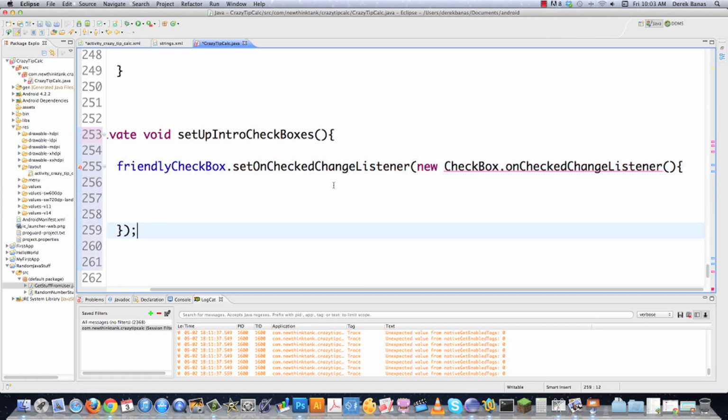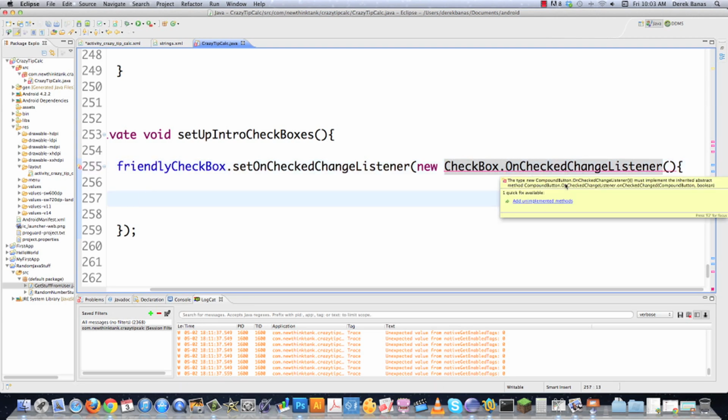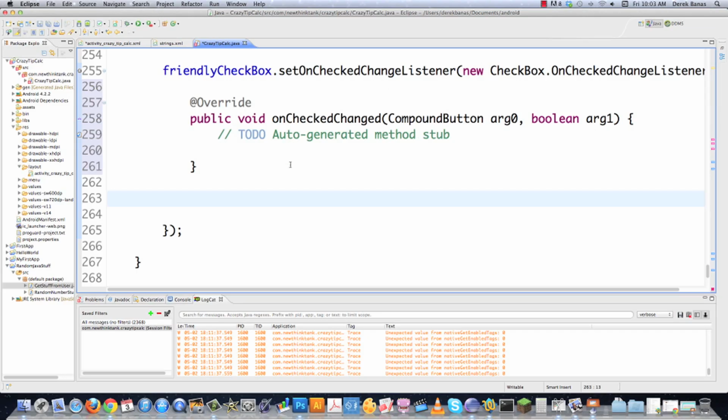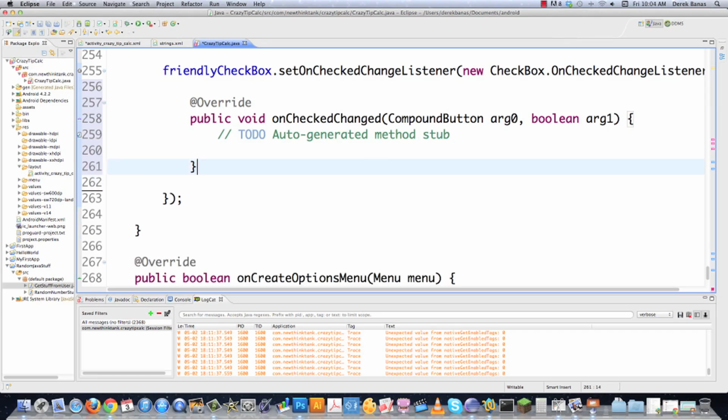We're going to do all this inline. And of course make sure this is an uppercase O. And then it's going to say add unimplemented methods, and we're just going to copy that and throw this in here. So now basically we have to decide what exactly we want to do when our checkbox